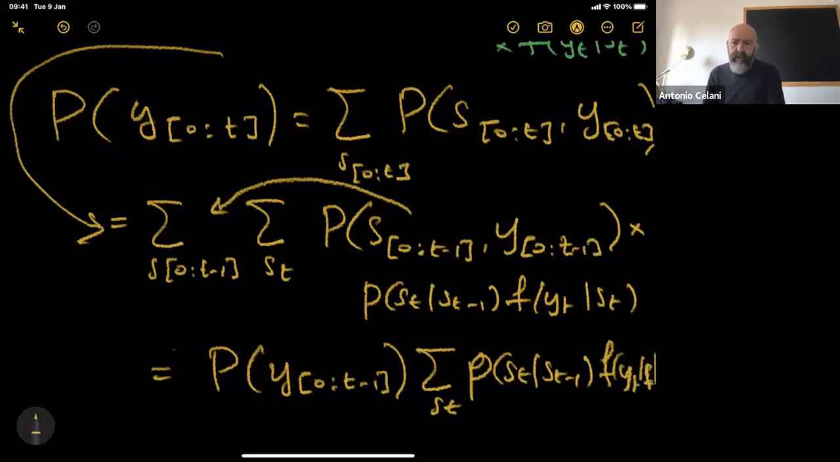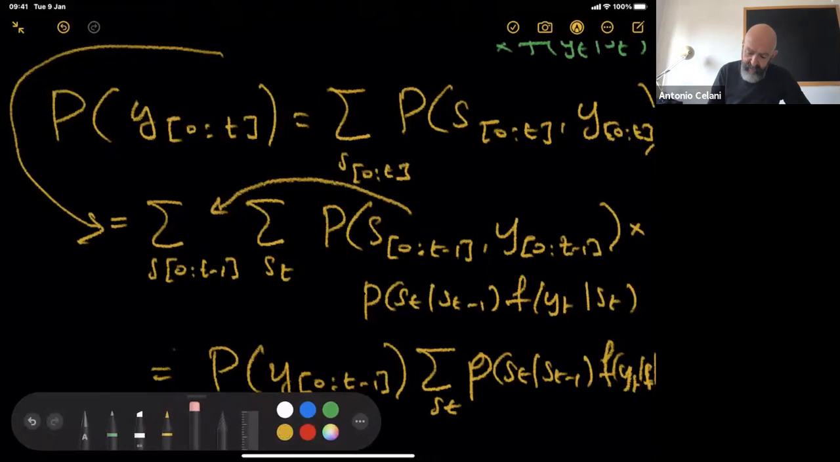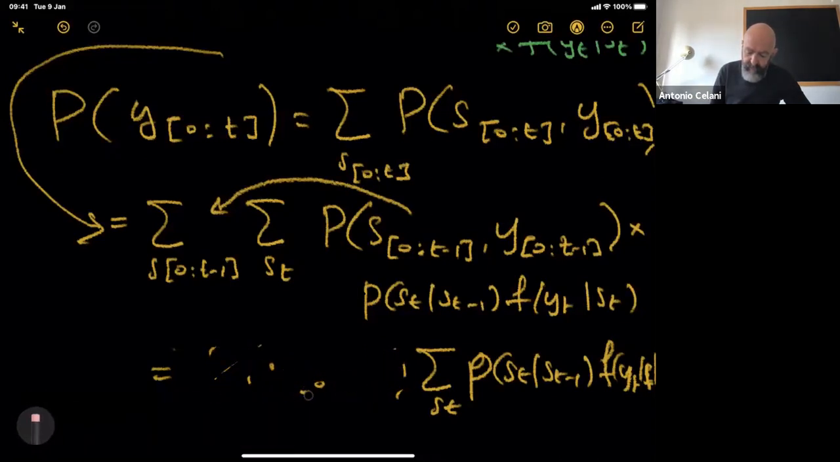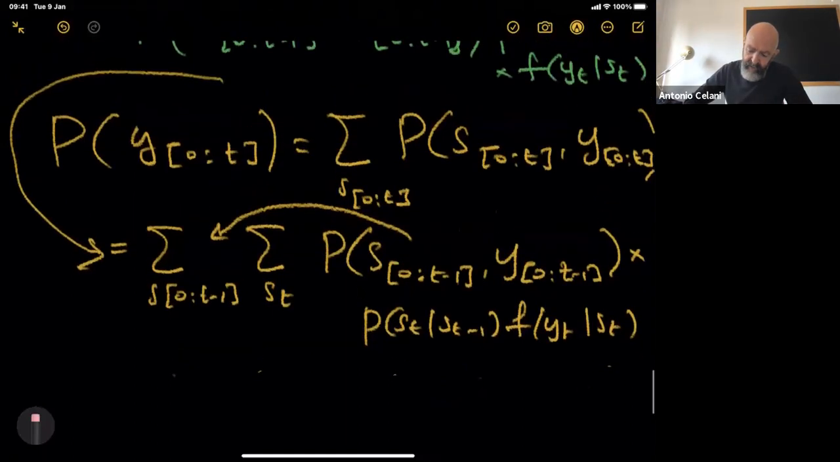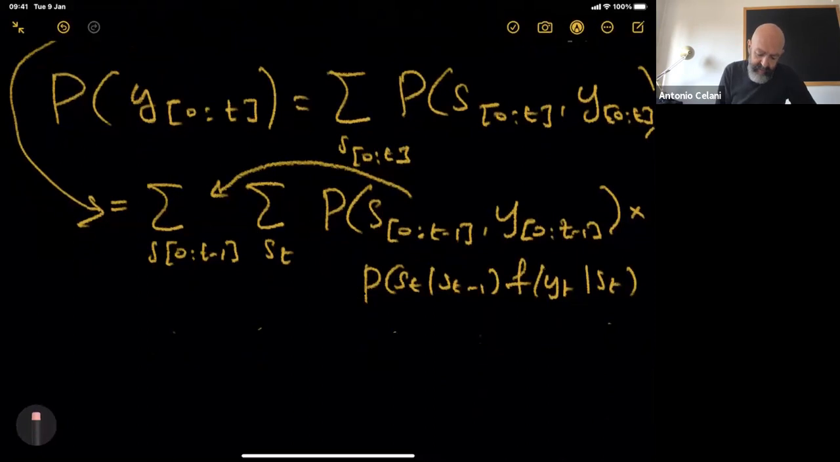So again, this is not surprising, since my last observation depends only on the last state, all right? Sorry, here I forgot one thing, so let me just rewrite it properly. Yeah, the sum is still on over there. So I have to write this properly as